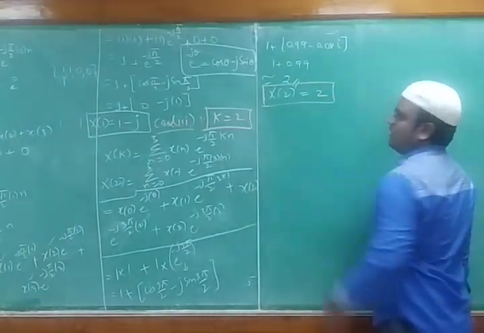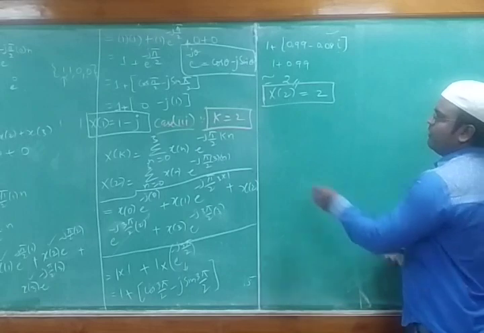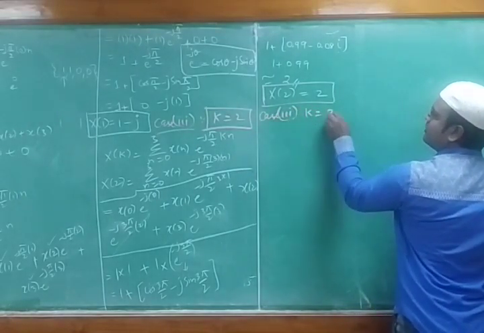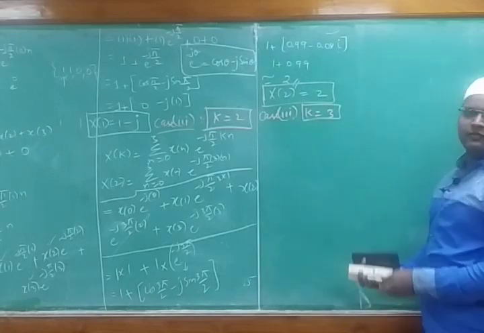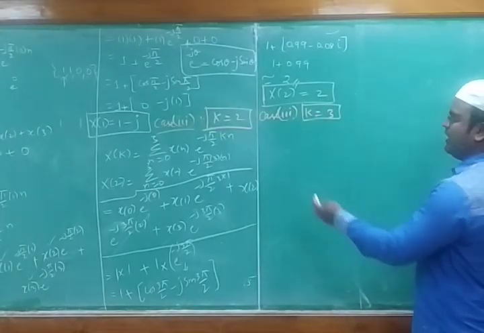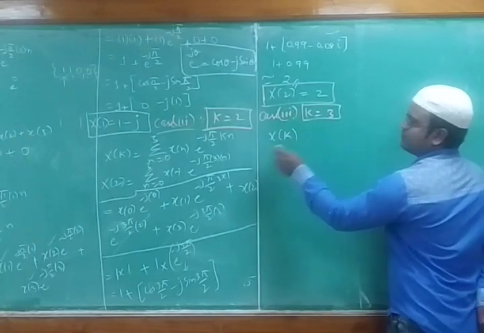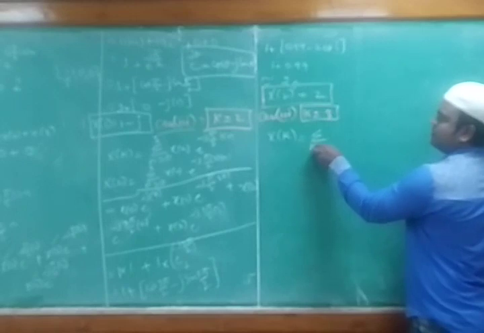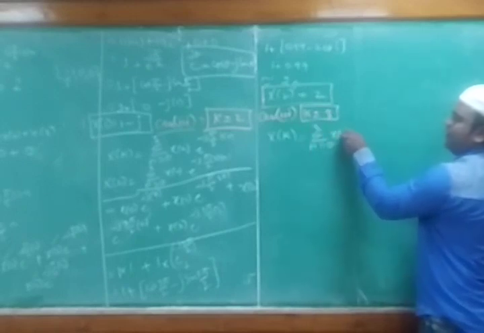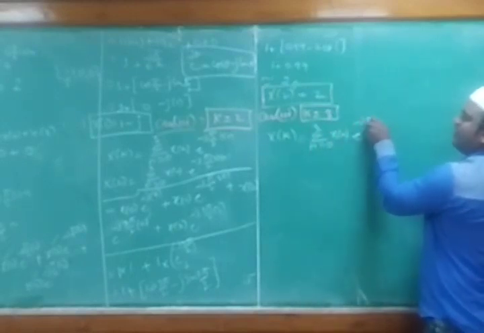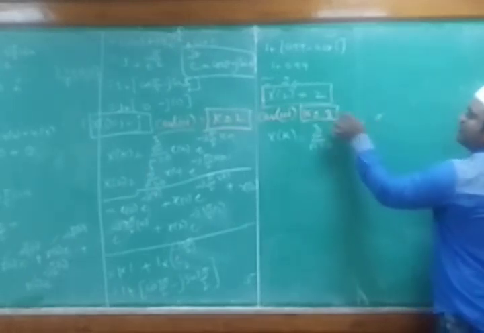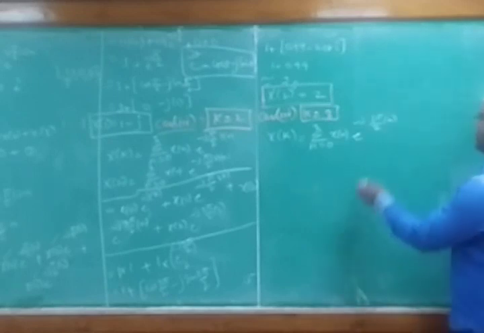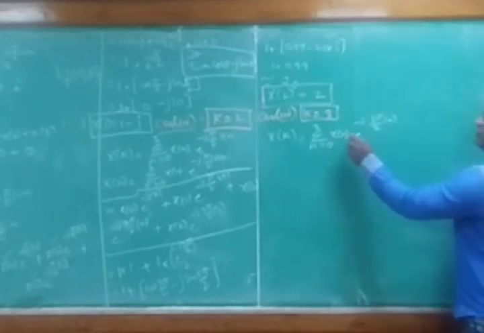So we are left with one last case, case 3. What is case 3 we have? Case 3 is nothing but k equals 3. So whatever the k value is there, we need to put that value as 3. So we get x of k, in this only I am putting, this is the formula we had: x of k equals summation n equals 0 to 3 x of n e power minus j k pi by 2 into small n. What is the k value now? It's 3. This we got. Now we'll expand this by putting the n values 0, 1, 2, 3.